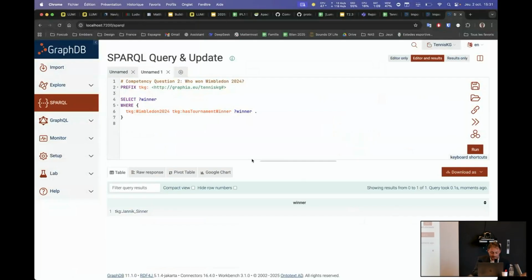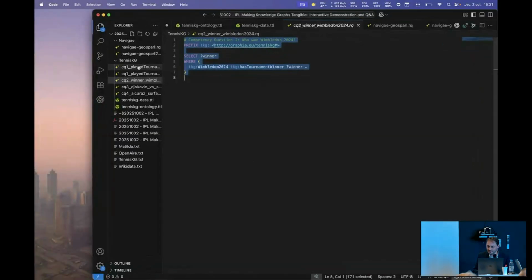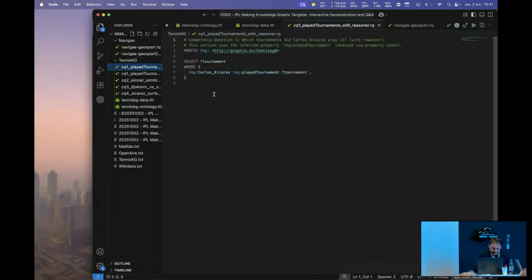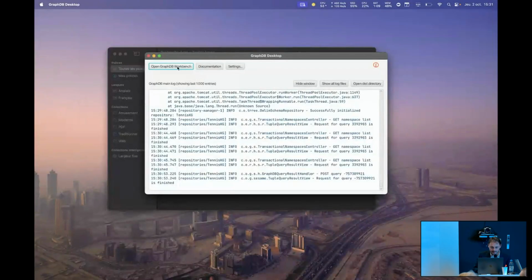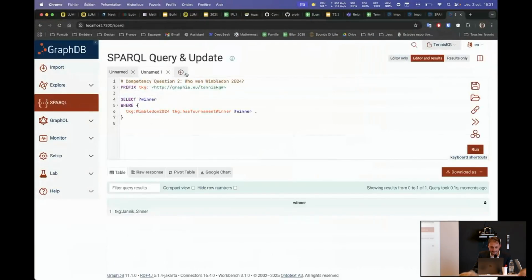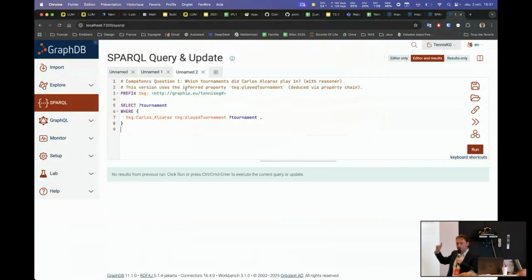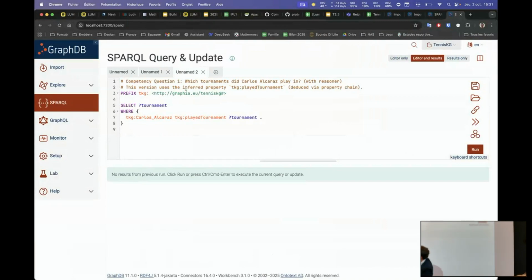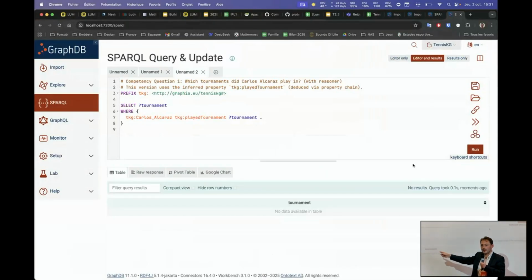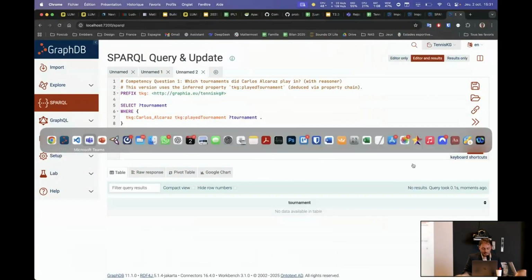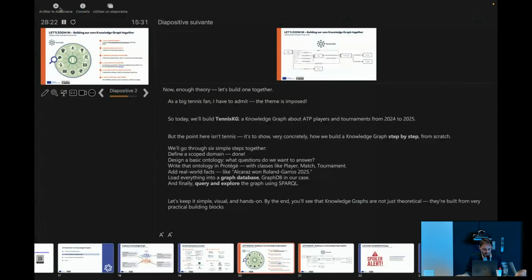But also, I will try another one, just to conclude. Okay, so now the question is, first competency question, which tournaments did Carlos Alcaraz play in? So remember, these properties, played tournament, and I will run the query. No result. I don't have any result. I cannot answer this question, because if you remember,